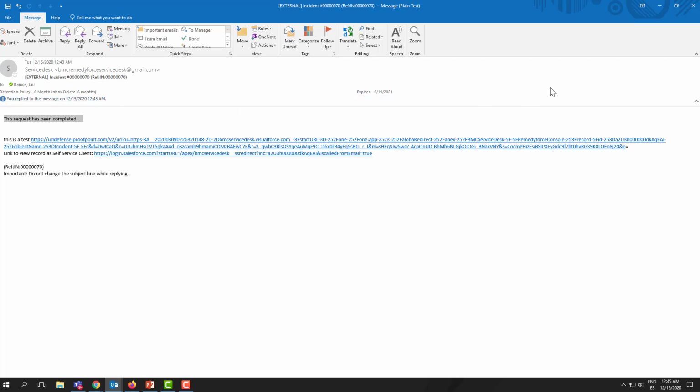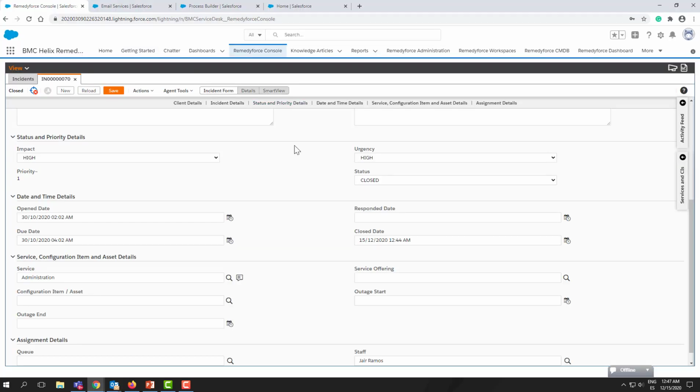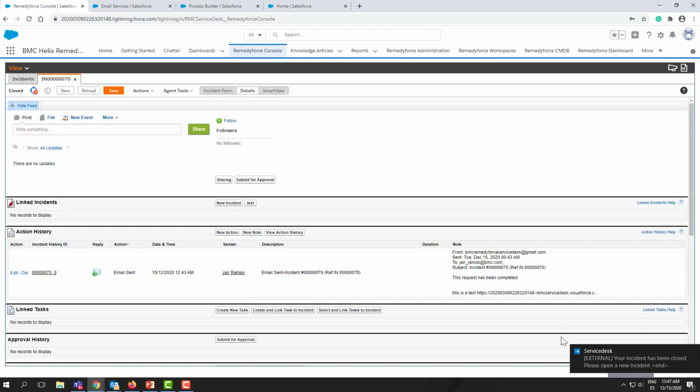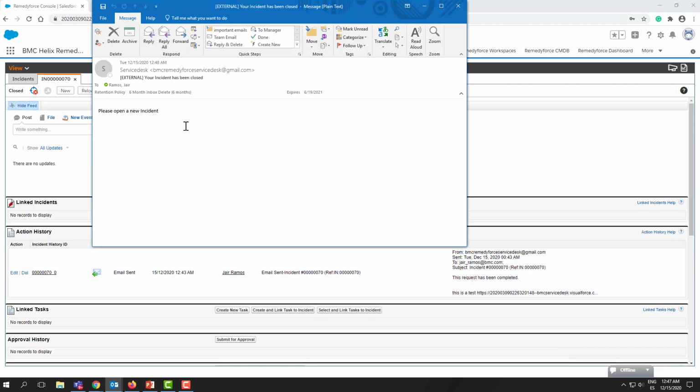I mean, in this case, the incident history for that particular record. So now let's go to the Remedyforce console. And as you can see, the pop-up window that I just received, it is the email template that we created a couple of minutes ago. So it means that our workflow rule is working fine,